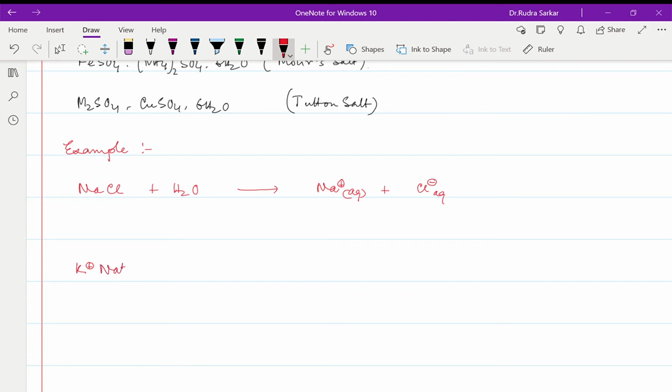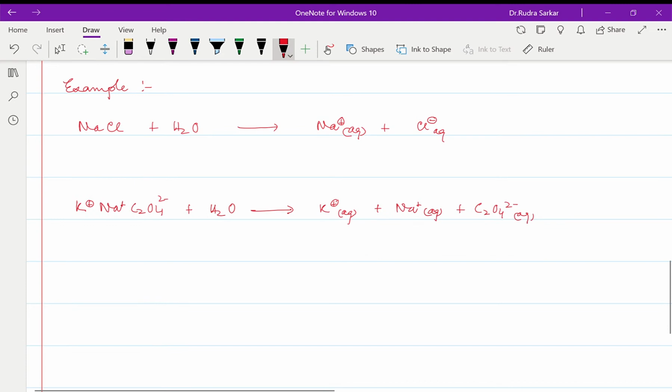Suppose similarly you have K+ Na+ C2O4, that is one mixed salt, inside water. Then you will get the test for K+, also the test for Na+, and also the test for the oxalate ion. I might ask you how many ions will be formed when you dissolve these salts inside the water. Similarly, if I give you KCl.MgCl2.2H2O, that is carnallite,